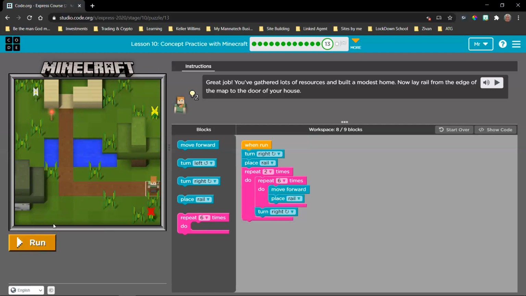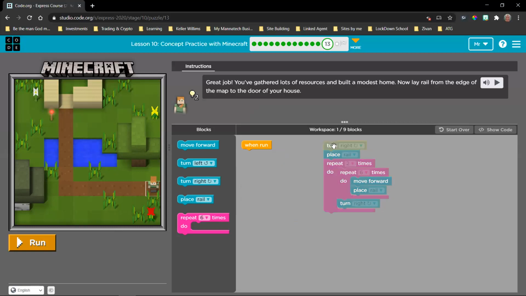Awesome. We have, however, now placed one inside the door, but it doesn't seem to be a problem. So if you don't want that one there, then you're going to have to adjust the code. Let's look at the other way to do this, right? So that we can adjust the code accordingly.